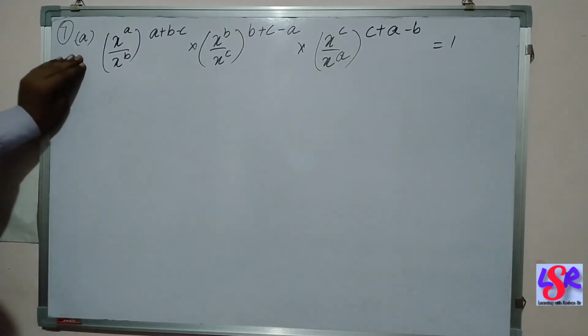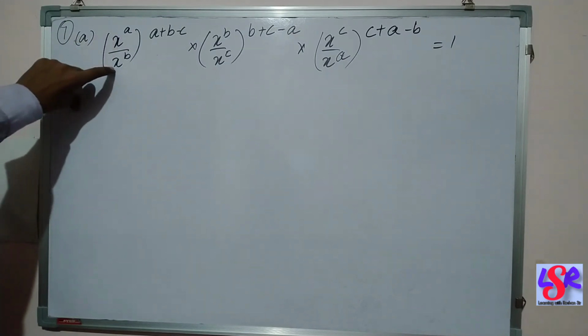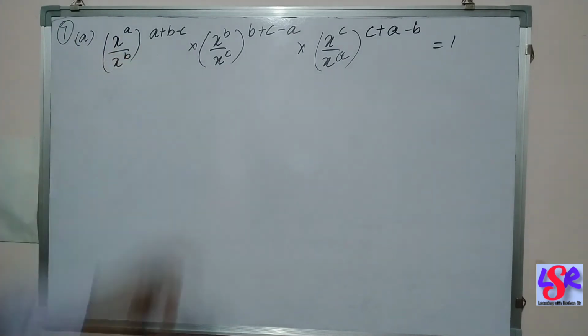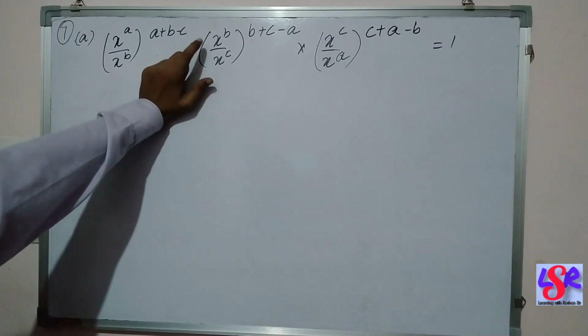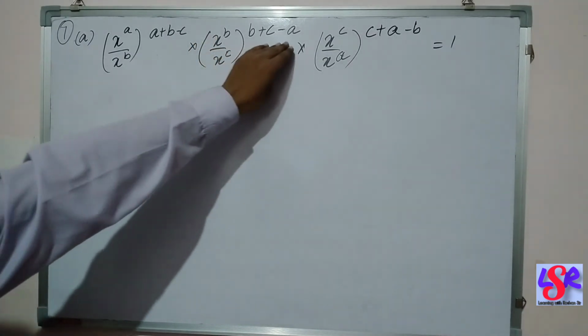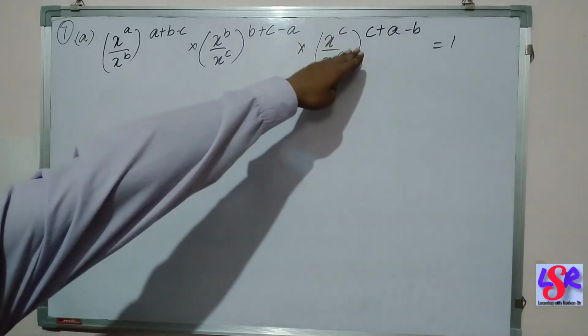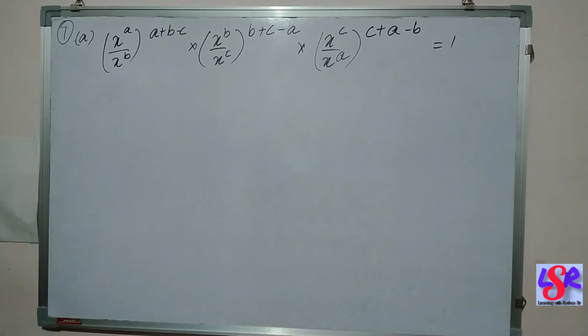Now let's see question number 7a part. Here we have (x to the power a upon x to the power b) whole to the power a plus b minus c, into (x to the power b upon x to the power c) whole to the power b plus c minus a, into (x to the power c upon x to the power a) whole to the power c plus a minus b, and that is equal to 1. So we are going to take the LHS,